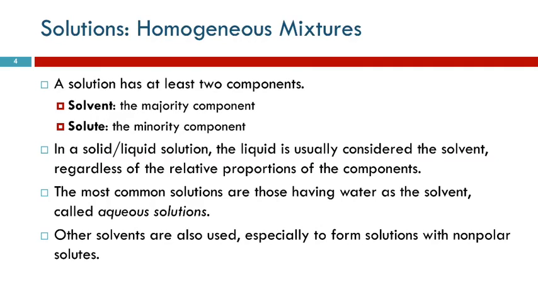So the solution has to have 2 parts, otherwise it would be a pure substance. There's the solvent and the solute. So a solution always has 1 solvent, and generally that's the thing that there's most of. So that's the solvent, and the solute is everything else. There could be 1 solute or there could be many. If we have a solid liquid solution, the liquid is generally considered the solvent, even if it's not in greatest